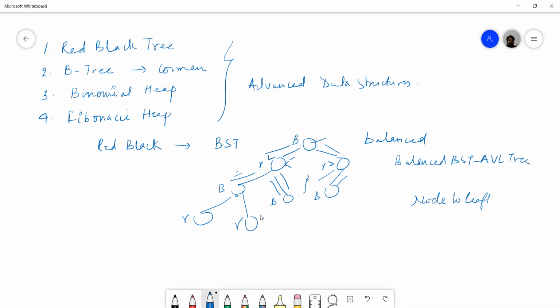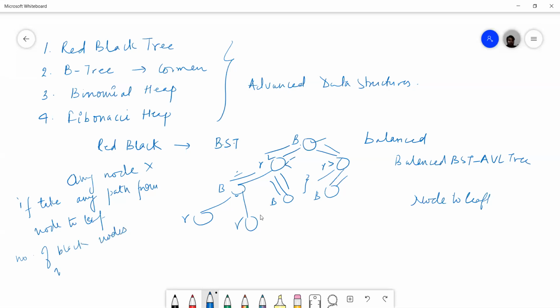So we see that for any node X, if we take any path from the node to the leaf, the number of black nodes must be the same.